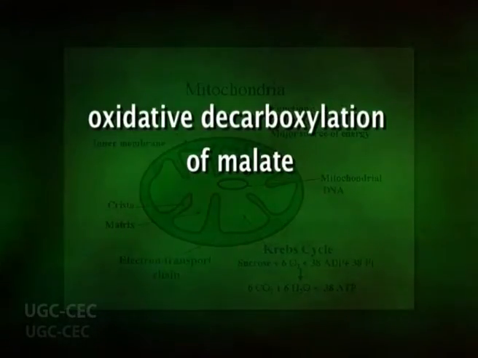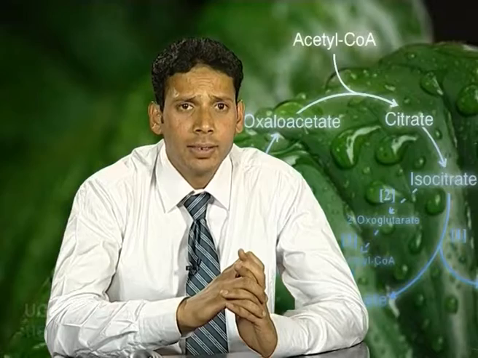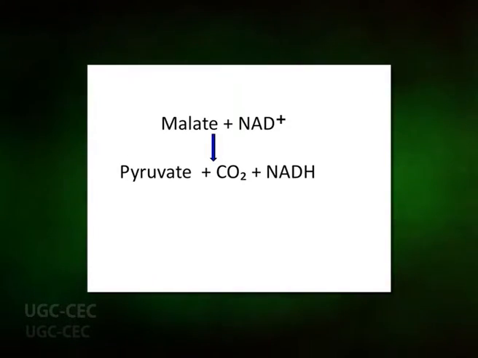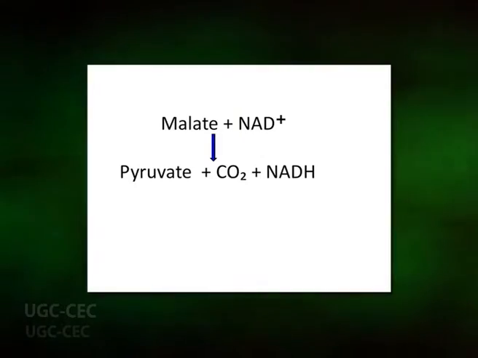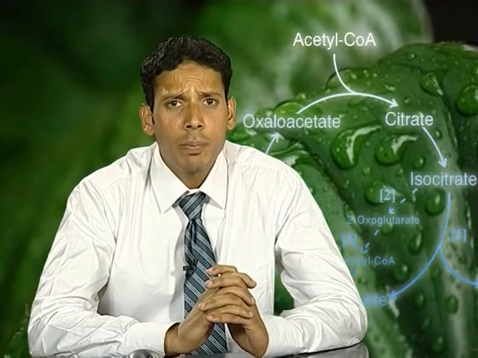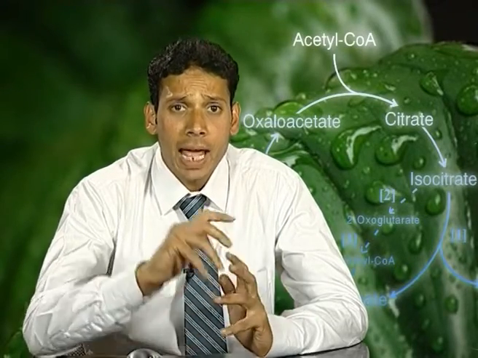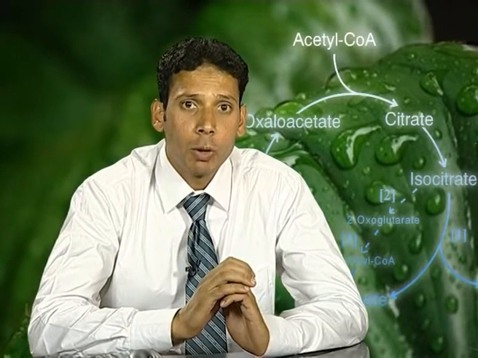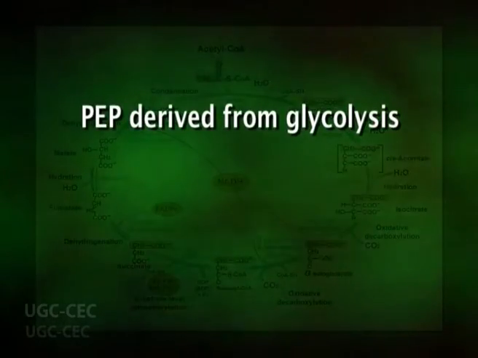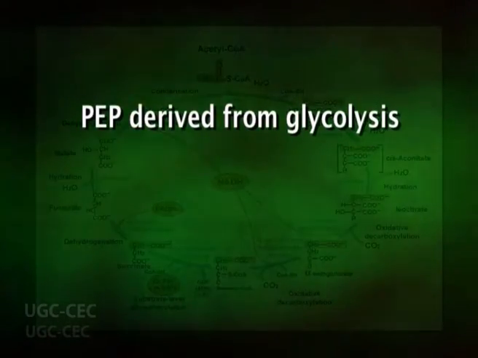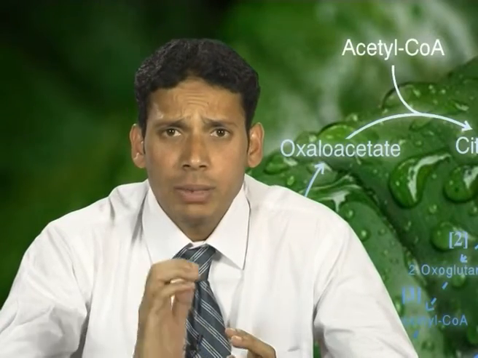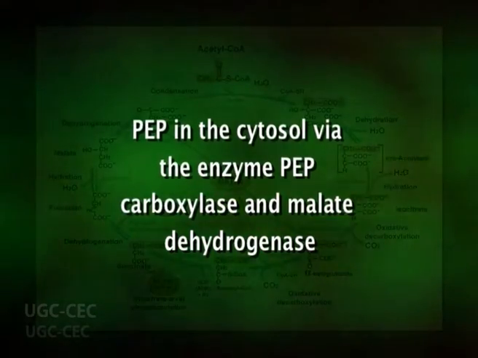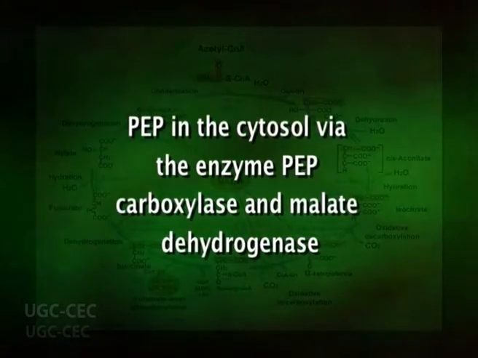This enzyme catalyzes the oxidative decarboxylation of malate. This is the reaction catalyzed by this enzyme: malate plus NAD+ gives pyruvate plus carbon dioxide and NADH. The presence of NAD+ malic enzyme enables plant mitochondria to operate an alternative pathway for the metabolism of PEP, phosphoenolpyruvate, derived from glycolysis. Malate can be synthesized from phosphoenolpyruvate in the cytosol via the enzyme PEP carboxylase and